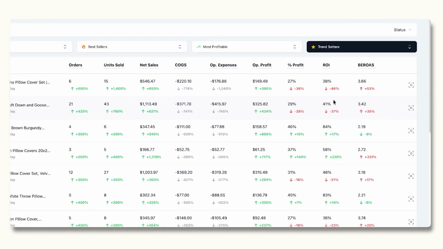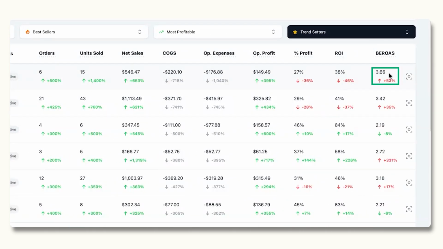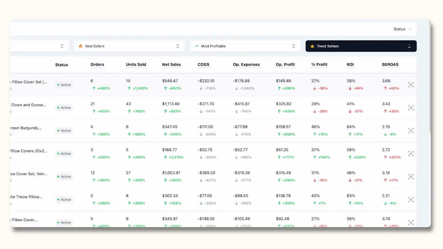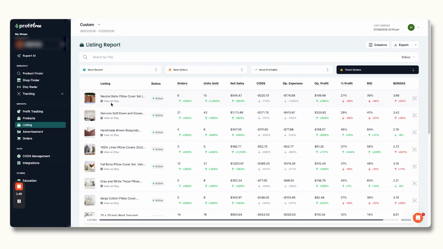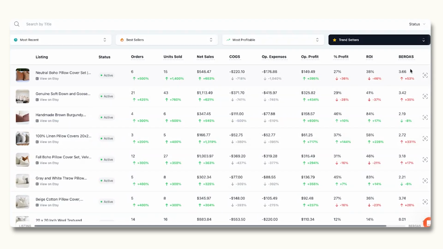Now we give some other really cool high-level insights here. We calculate your break-even ROAS for you. Your break-even ROAS is what you would need to see in return on ad spend in your Etsy account if you wanted to break even after all of your costs. So if you're running Etsy ads on this listing, just to break even, you would need to hit a 3.66